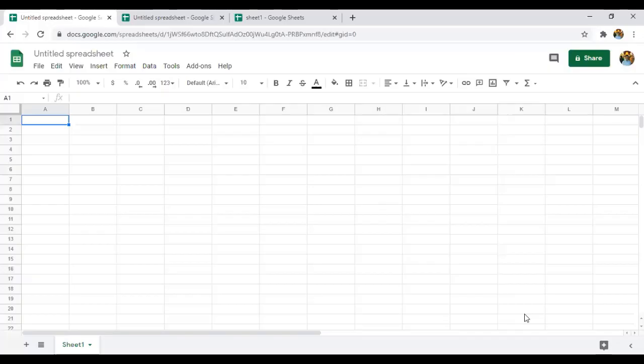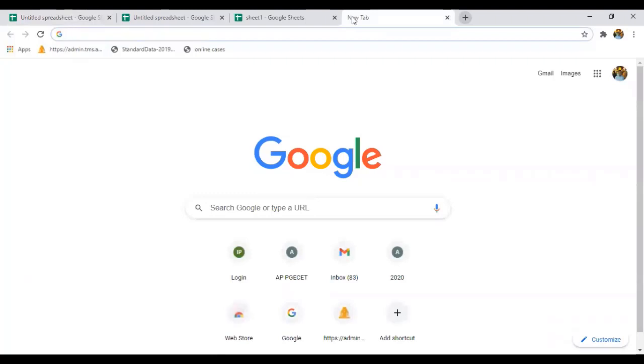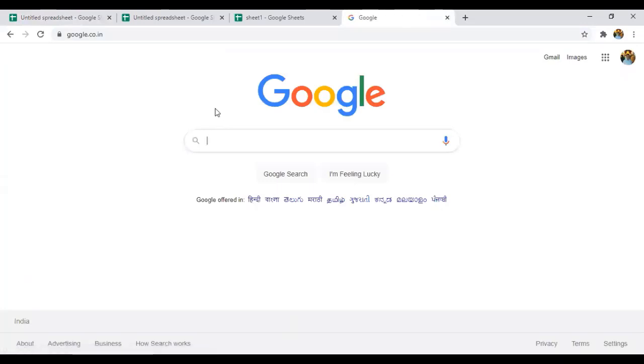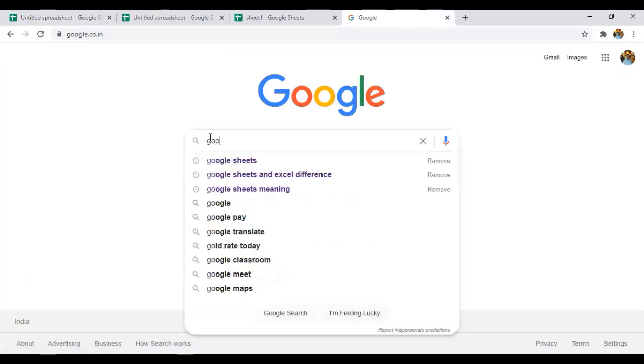So coming to the last topic of today's session, that is how to open Google Sheets and how we can create a new sheet. Let me show you. Just go to the browser and type Google Sheets.